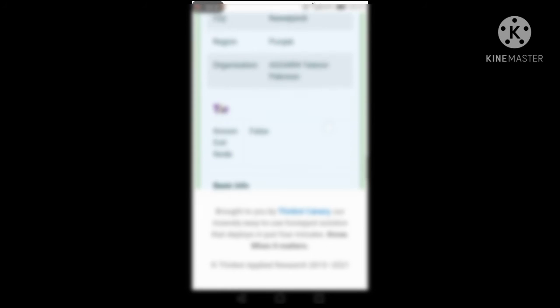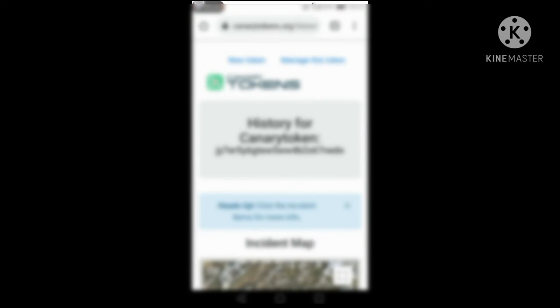Okay, this is a very useful website, but don't try it too much because this is a very dangerous thing. This Canary token is very useful. It is used for commercial purposes, in email, in messages, anything you need. Try to understand this. I don't tell anyone about this website, but I only tell you because you are my subscriber.